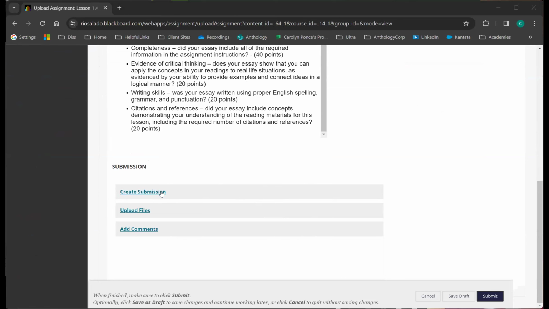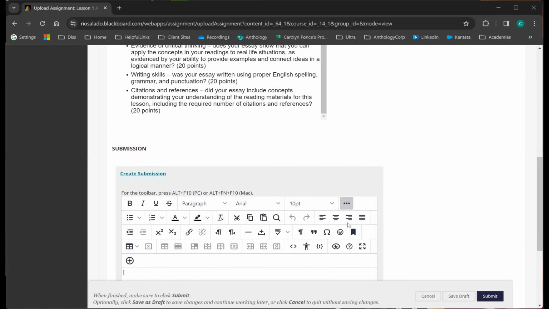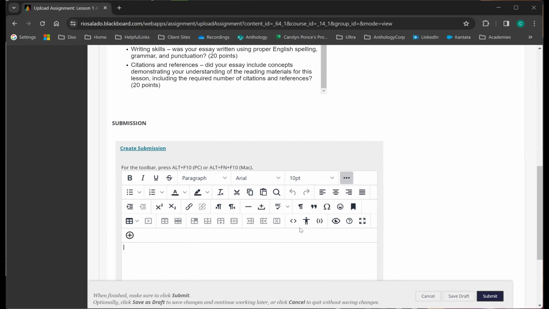These are expandable areas, so the student can click on Create Submission, and that expands that text box. Now, the text editor itself is actually further expandable, and the students have a wide range of text functions. So if they are trying to type their assignment right into the assignment, not use another program such as Word or Open Office.